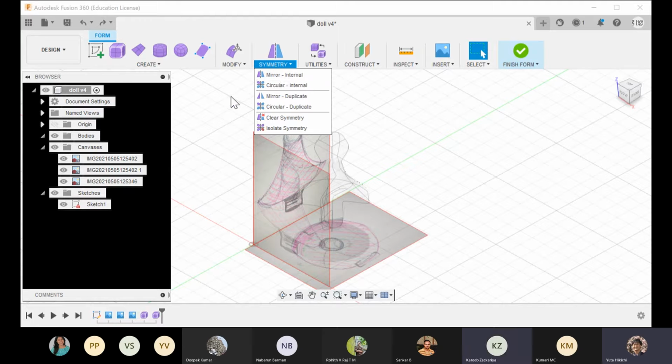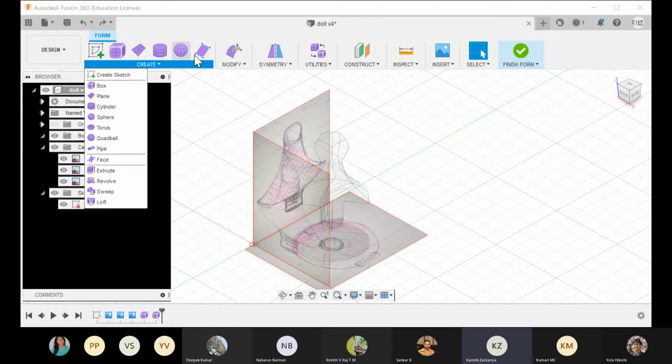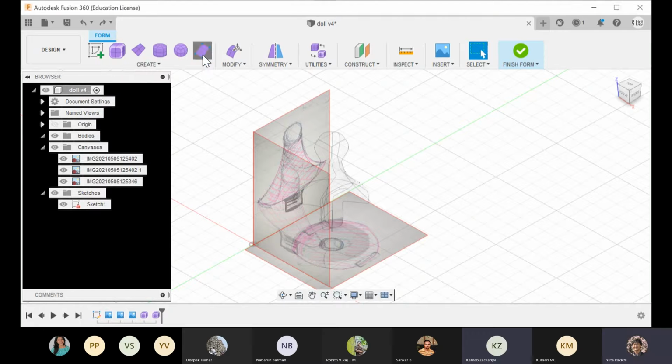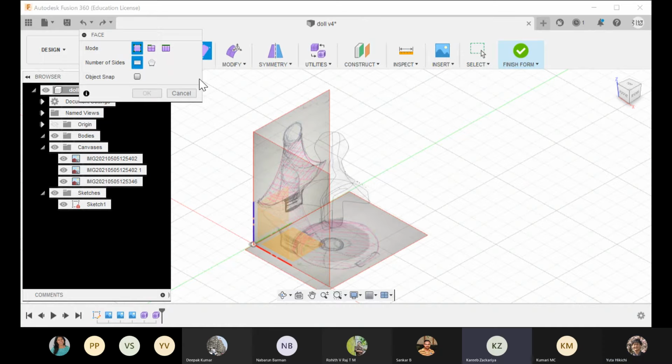Okay, so here you cannot draw a sketch and revolve it to make a form. That you can make in Solid itself. You draw a spline around whatever you sketched, and you can use it in the Solid workspace itself and revolve. For that you don't have to come to Form workspace at all. You make a solid out of it straight away there.